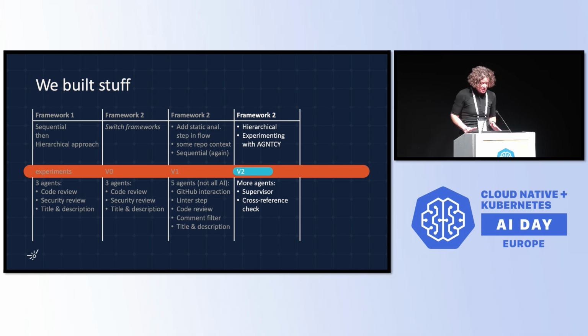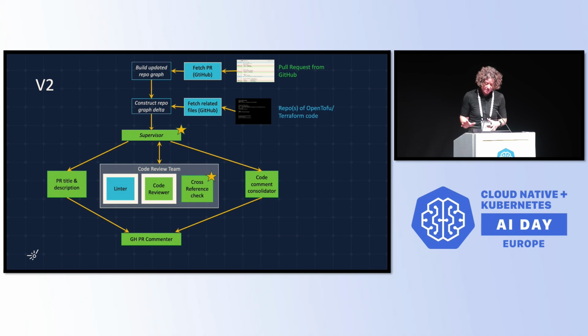So we started building some stuff. And we really have been on a journey here. I'm not going to talk to all of these bullet points, but we're currently here at V2. So we switched agent orchestration layers really early on. We've gone back and forth between sequential and hierarchical approaches, and we got to a point where we have 7 agents. We're using a hierarchical approach, and that hierarchy is basically a supervisor that routes tasks to the right agents, and I'll show you what this looks like.